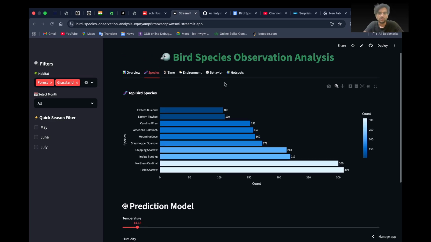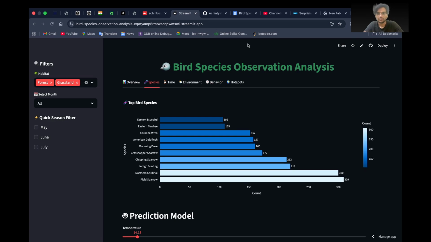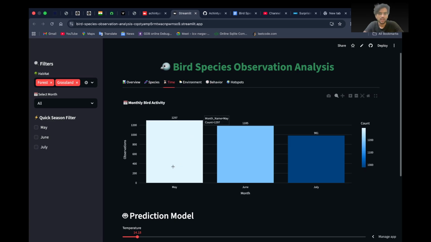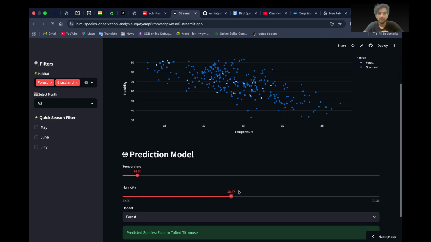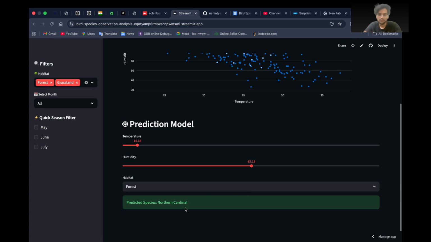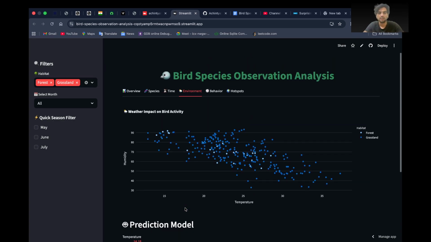The time analysis also tells us the particular trending month, which helps identify the peak of the visible species. And in the environmental section, we study how temperature and humidity affect bird attraction and